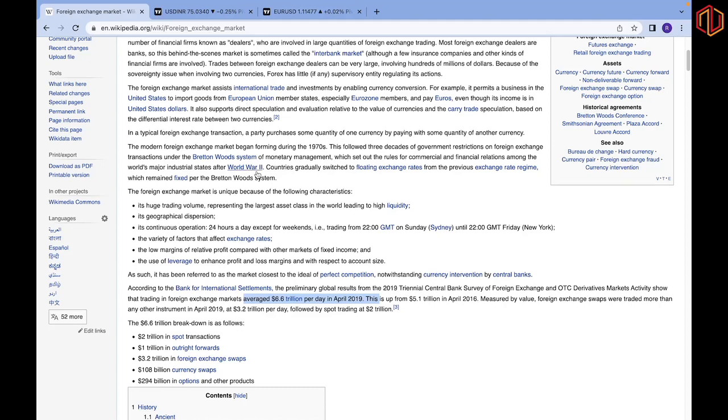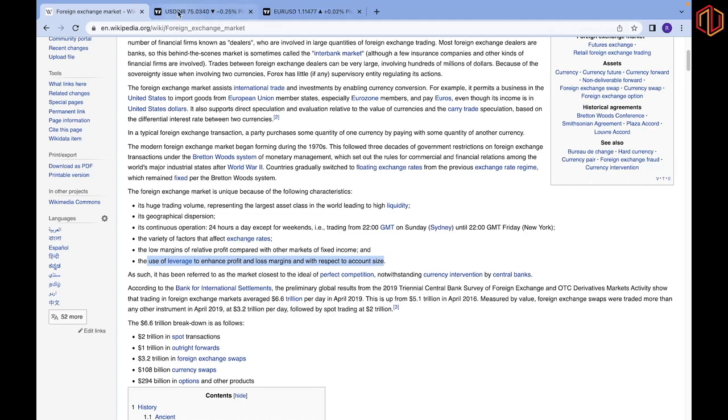But first, a few features of the market. First of all, it has extremely high liquidity, which means you will always get a buyer or a seller at any price that you wish to buy or sell. That's what liquidity means. It is a 24-hour market except on weekends. It starts from Sydney and moves on to New York. These are the main features, and a huge amount of leverage is provided, which means good margins are given in this market by the brokers. So let's try and understand firstly what this forex market is all about